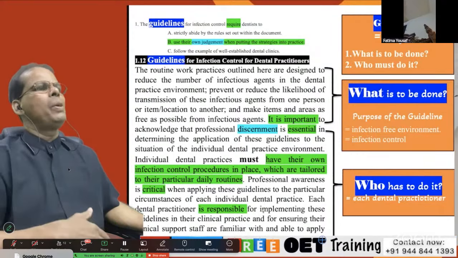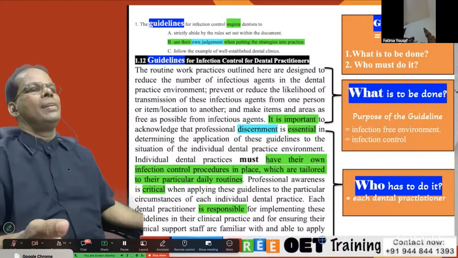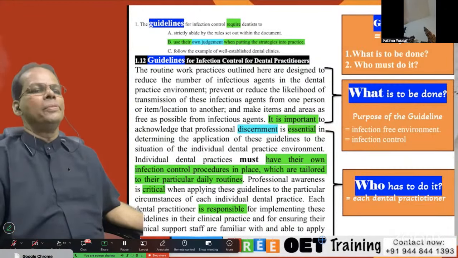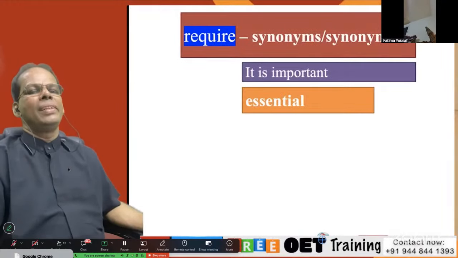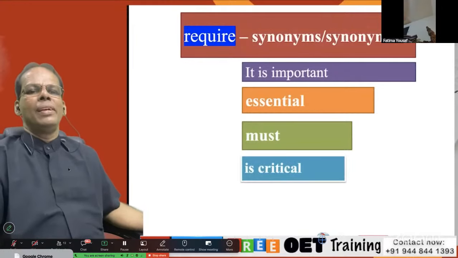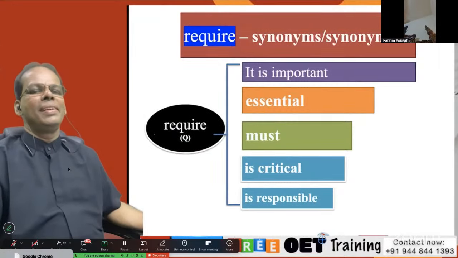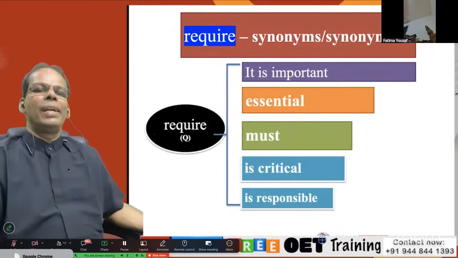So again and repeatedly it's saying one's own discretion, one's own judgment, one's own responsibility. Each one is responsible. It is important, it's essential, you must do it, it's critical, it's responsible. All these are synonymous expressions of the heading word "require"